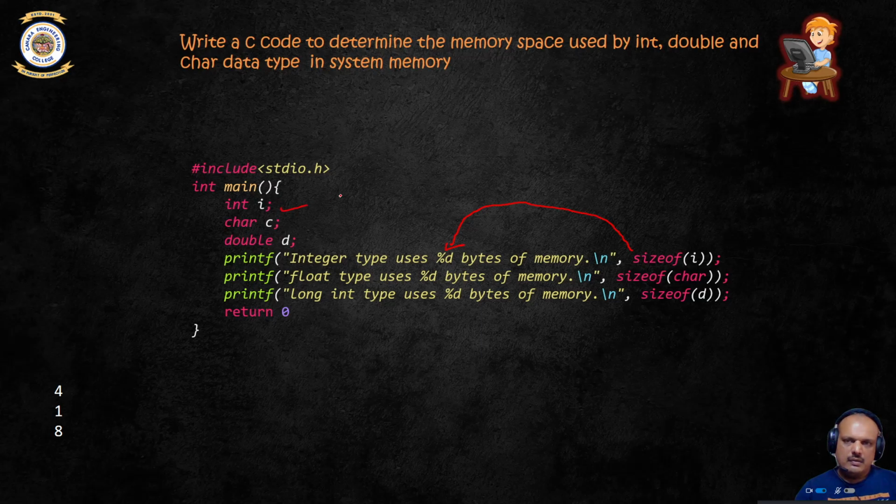Okay, and what is the space that the compiler has reserved to store information for this particular variable? Okay, so that will give me the value. Similarly, for a float, I use percentage d bytes of memory. You could have used percentage p as well. Since you are printing out memory size, percentage p would have been better, but still, okay, percentage d works as well. Okay, so here instead of using c, as I said, you can as well use the data type